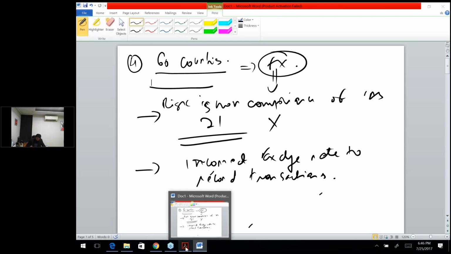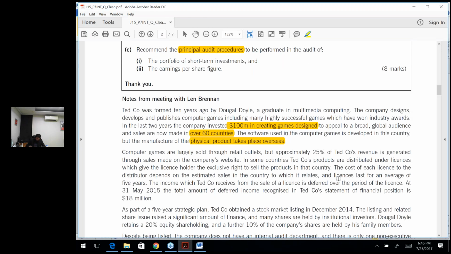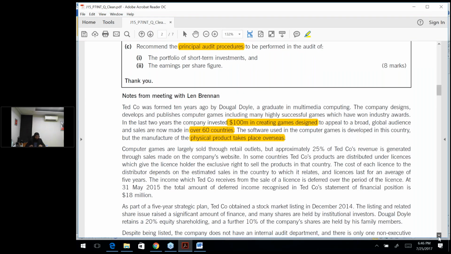Now let's move forward. Developed in this country, but the manufacture of the physical product takes place overseas. Now next is